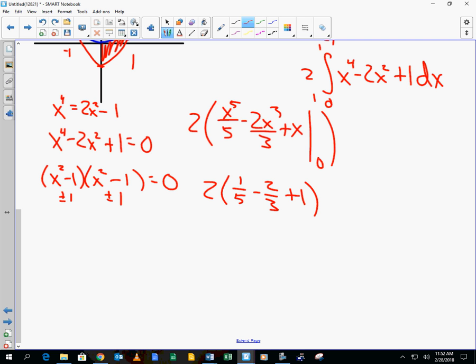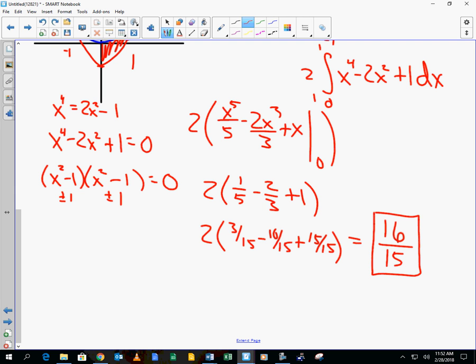So if we had plugged in negative 1, then we should get the exact opposite. But we don't have to plug in that negative 1. The 0 gives us 0. So 15 is going to be my common denominator. So we got 3/15 minus 10/15 plus 15/15. Negative 7 plus 15 is 8 times 2 is